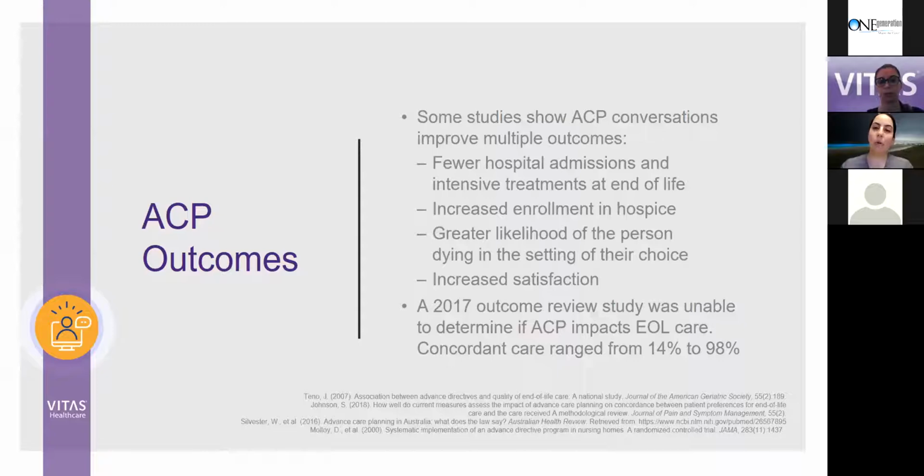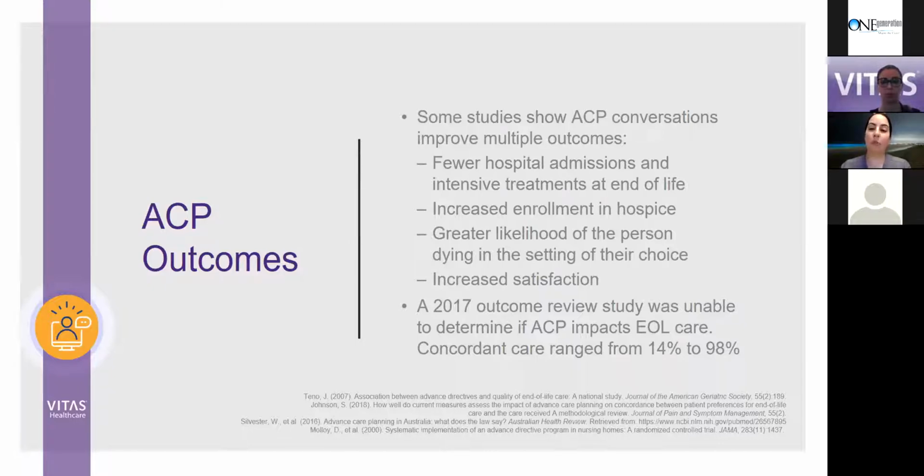Some studies show that advanced care planning conversations can improve multiple outcomes. There are fewer hospital admissions and intensive treatments at the end of life, an increased enrollment in hospice, greater likelihood of the person dying in the setting of their choice, as well as increased satisfaction. And a 2017 outcome review study was unable to determine if advanced care planning impacts end-of-life care, and concordant